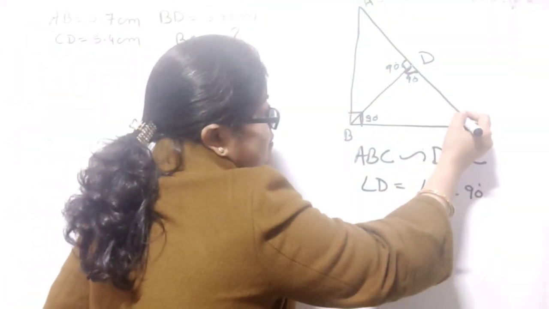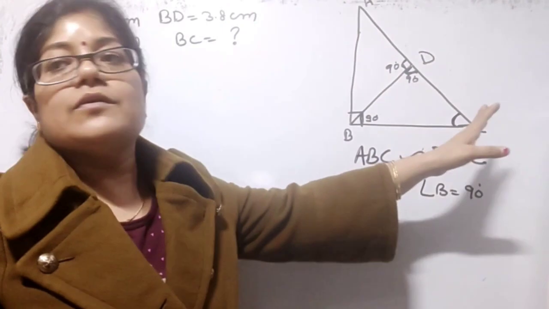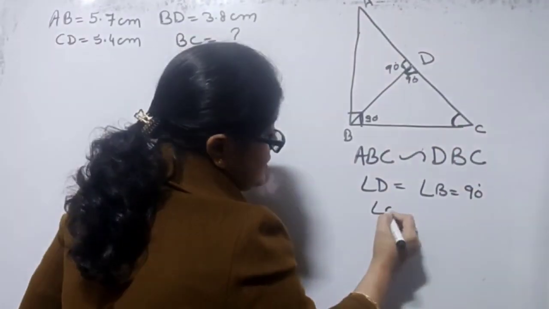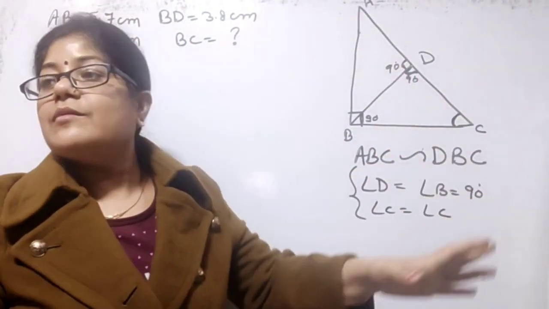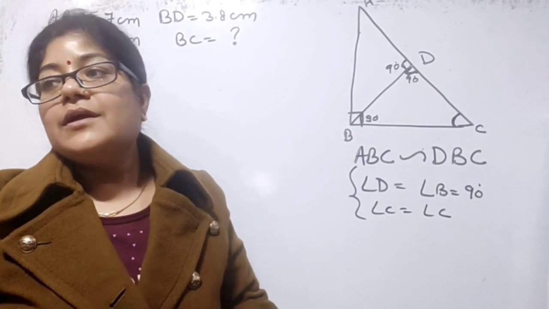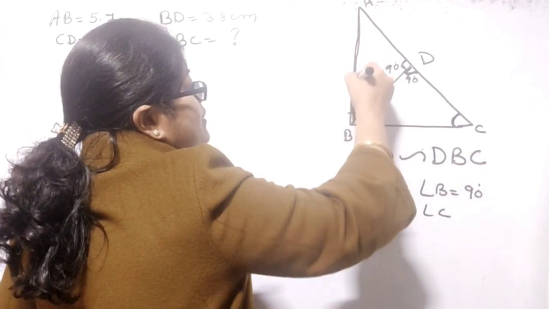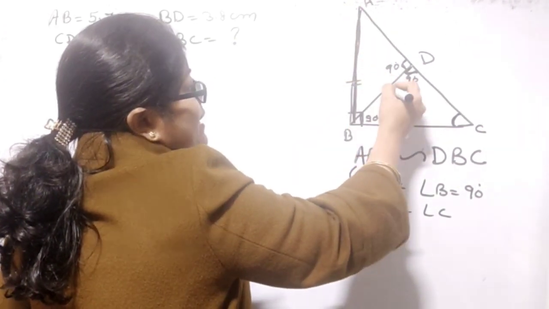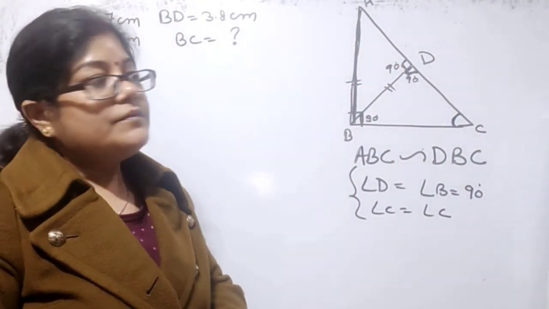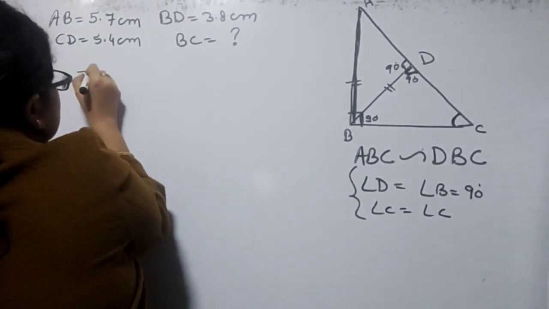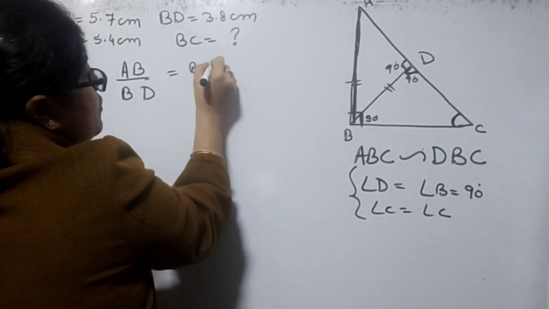Now the angle C came in both the triangles. In the smaller one also angle C and the bigger one also angle C. So angle C is equal to angle C. So we got two things. So the bigger triangle and the smaller triangle, both are similar. In this way, now we find a ratio. This is the hypotenuse and this is the perpendicular, because 90 degree is here. Similarly, in this case, we have the ratio AB over BD and BC over CD.